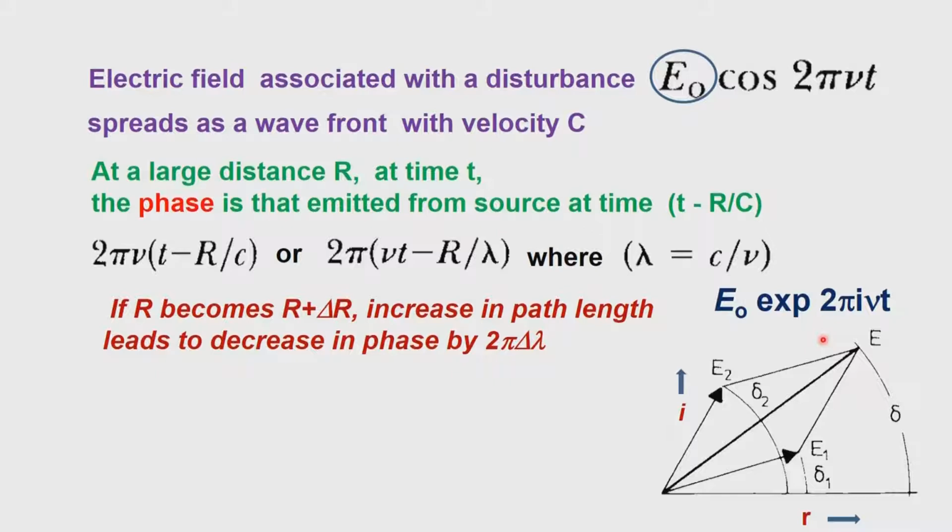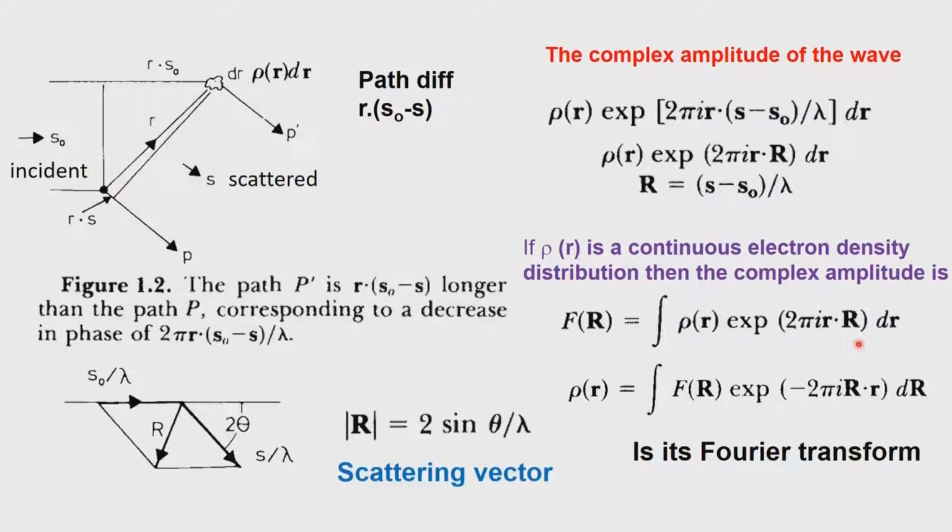So, what is happening in this situation is that there are two waves coming out and these two interfere, and the interference results in an addition of these two waves which are coming in. The addition is with respect to the vector directions E1 and E2. So, what is the consequence of this? The consequence of this can be seen in the next slide, where we see that we have the complex wave